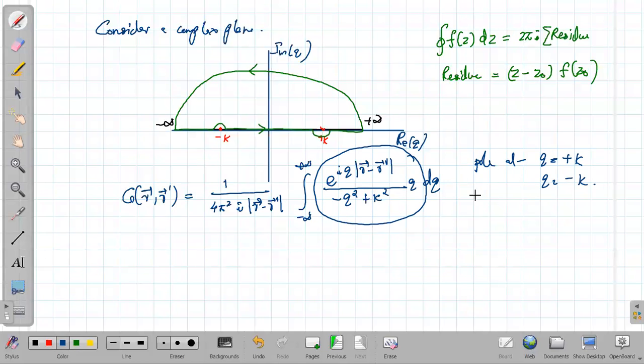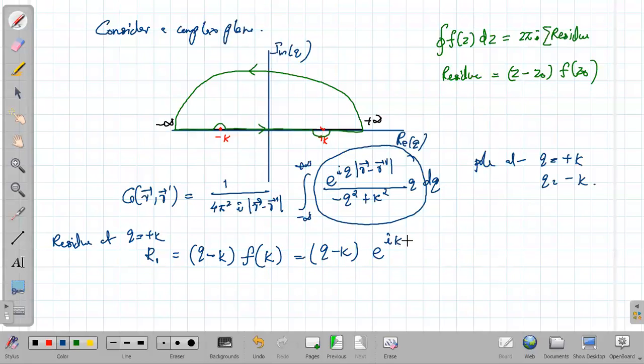First we can find the residue at q equal to plus k. I am denoting the first residue as r1. Here the variable z is q. So r1 is q minus k, since what I am going to find is the residue at q equal to plus k, then the function is the entire function f of k. Instead of q you just put k. Then what would be the result? q minus k